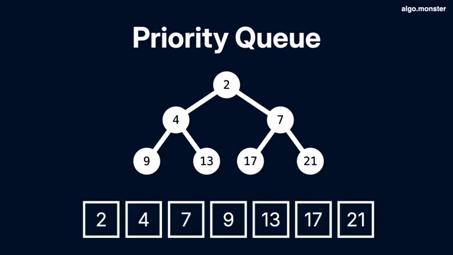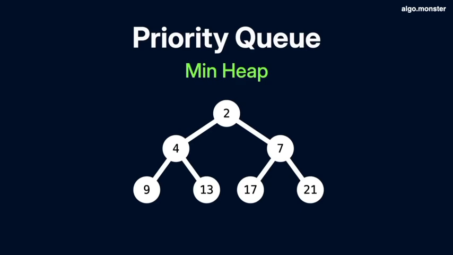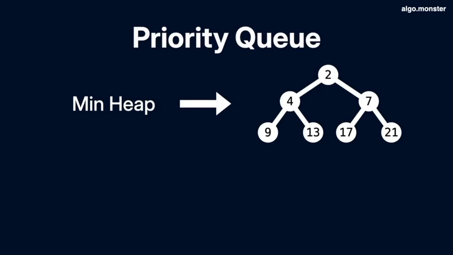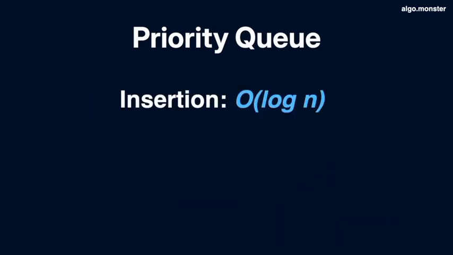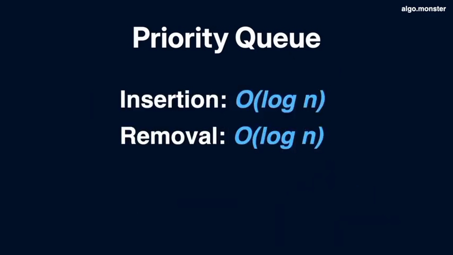There are 2 main kinds. For a min heap, every parent is smaller than its children. For a max heap, every parent is larger than its children. In Python, the default is a min heap, meaning the smallest element comes out first. But we can easily simulate a max heap by negating the values. That means insertion and removal both take O(log n) time, which is fast enough for most real-time